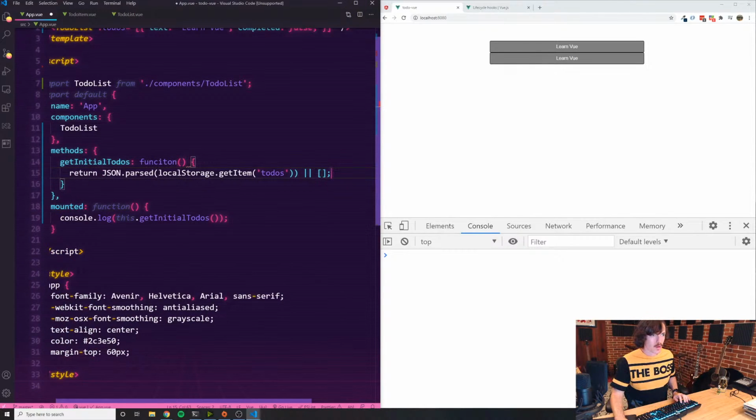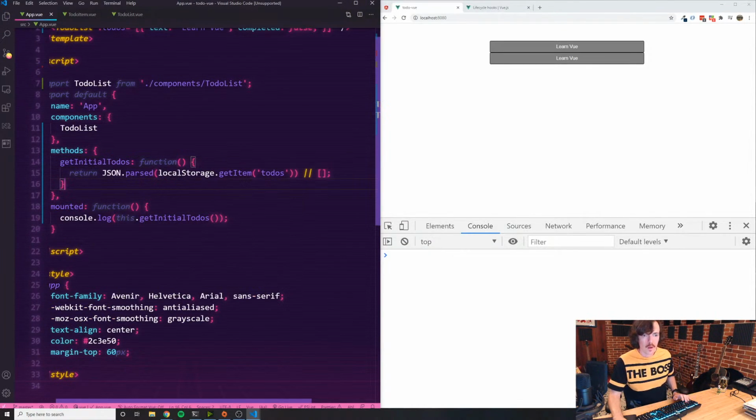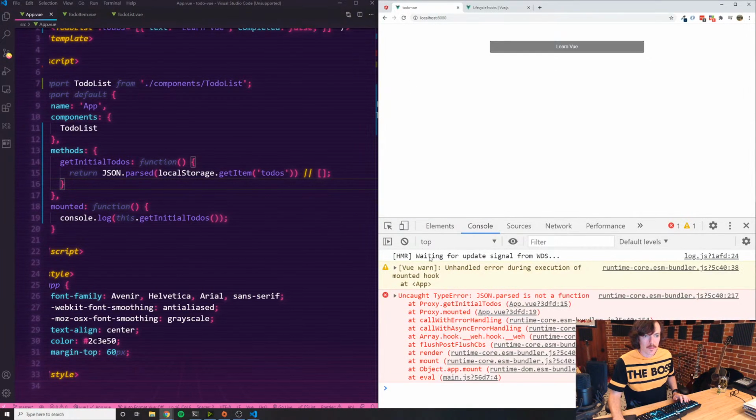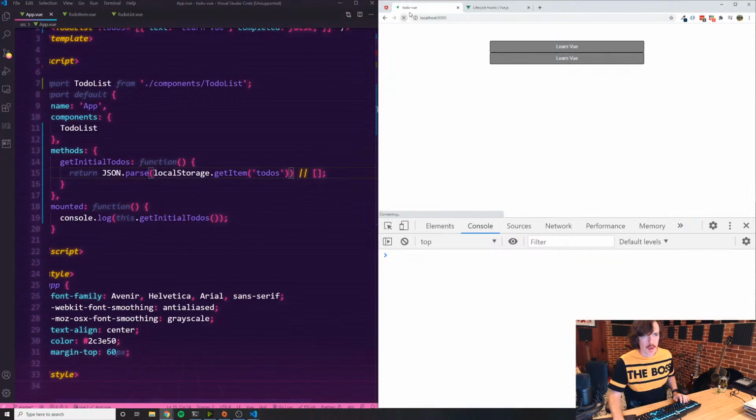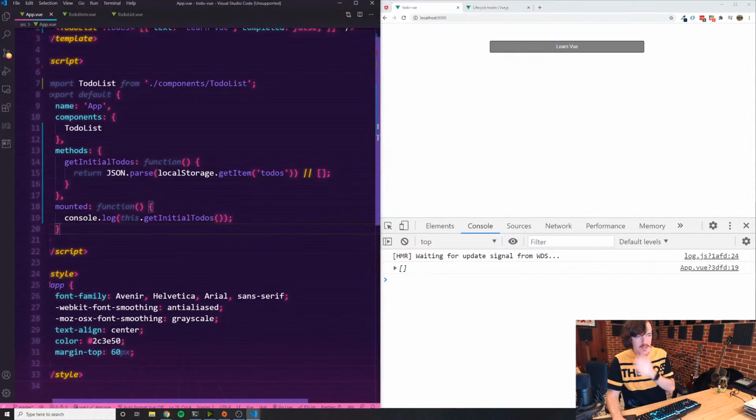And gotta make sure we spell function right. All right. So JSON.parsed is not a function. Obviously it's not. It should be parse. This is what happens when you lose your autocomplete. Excellent. So we get the empty array. So that's working. So we need to create an input and a button that lets us submit and create new